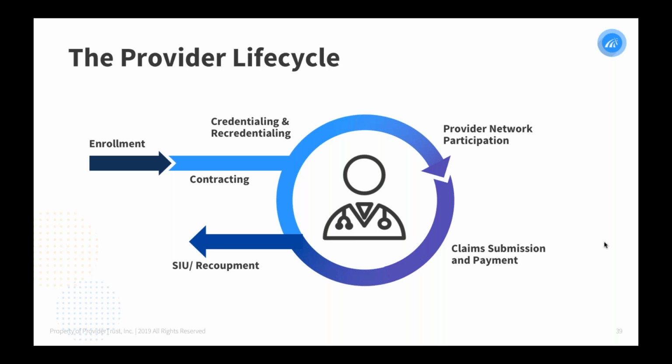What we actually see is that at every single step of the workflow and the life cycle that you see on your screen is where real-time compliance monitoring can, and we'd offer and position that it should, be included and integrated into every step of this workflow. So from enrollment into contracting, into credentialing, into monitoring on an ongoing basis your PAR network, at time of claim,